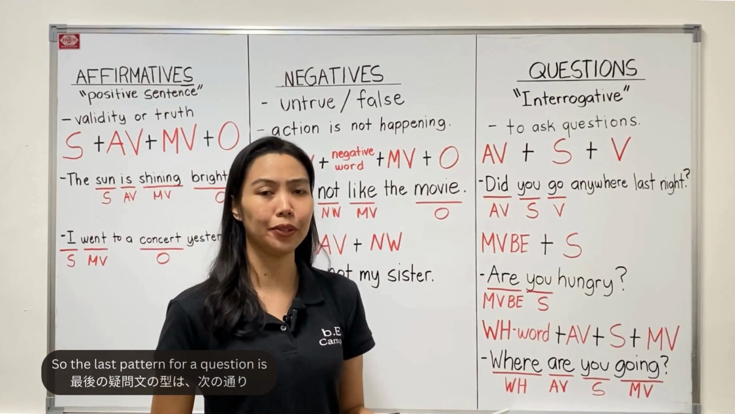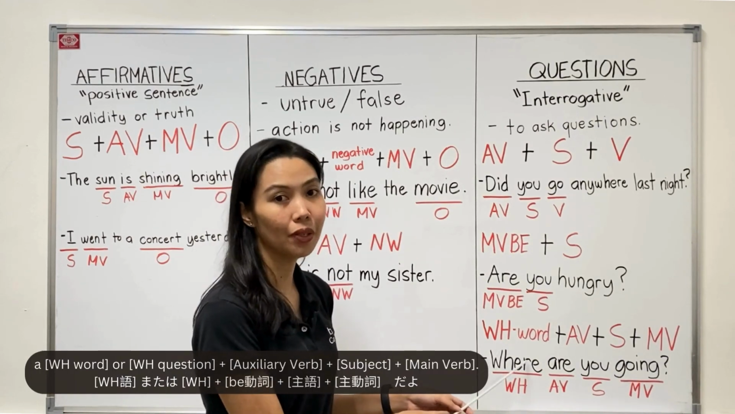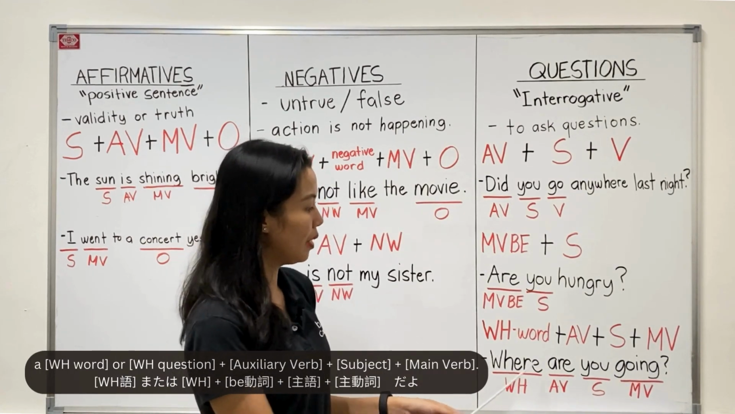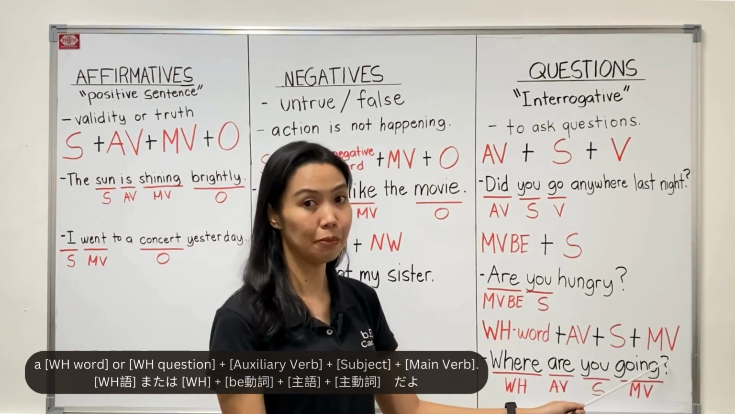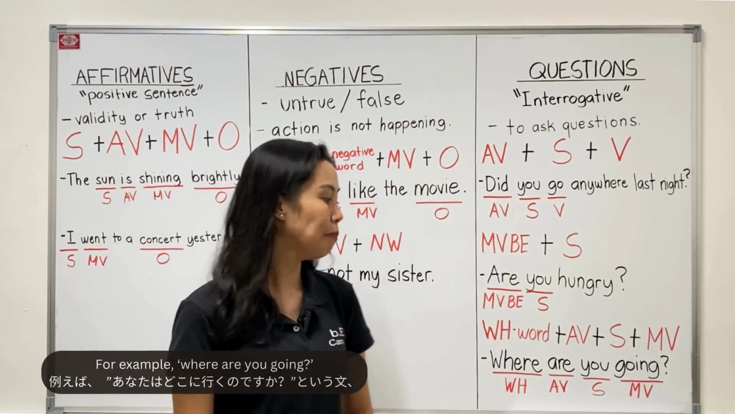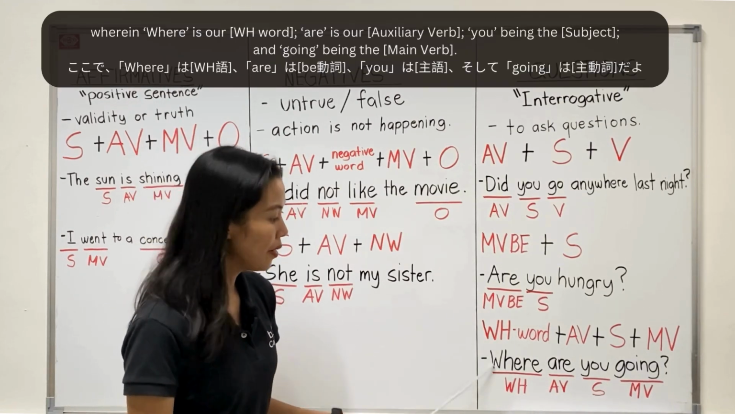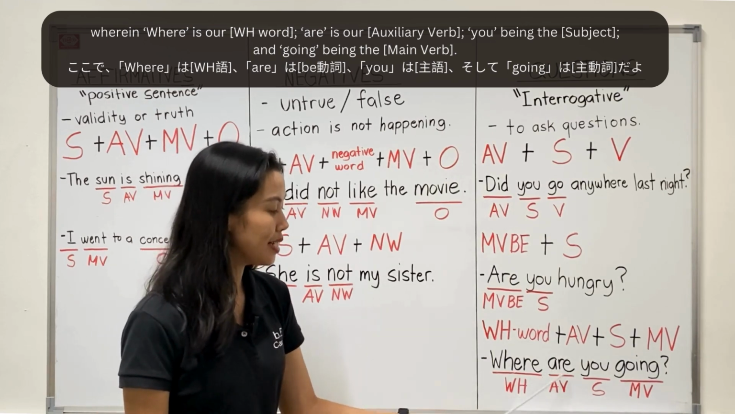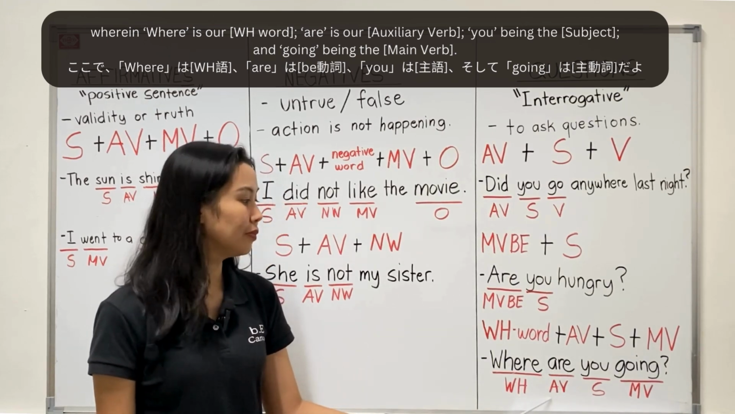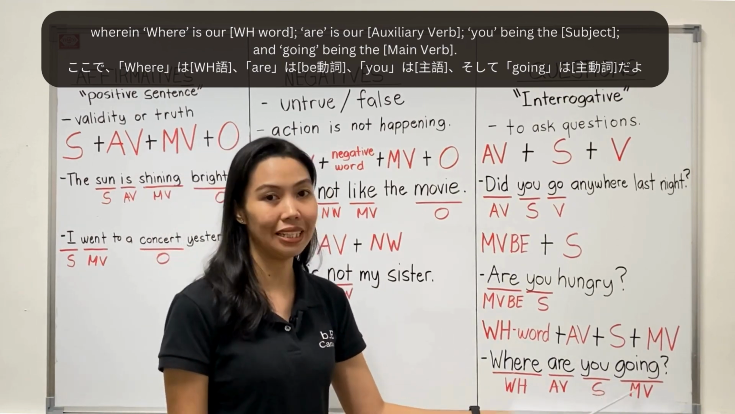So the last pattern for a question is a WH word or a WH question plus the auxiliary verb, the subject plus the main verb. So for example, where are you going? Wherein where is our WH word, are is our auxiliary verb, you being the subject, and going being the main